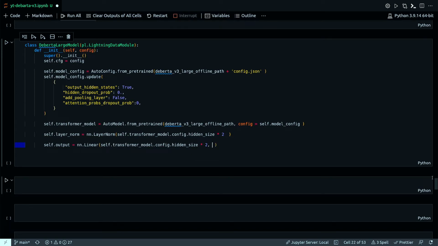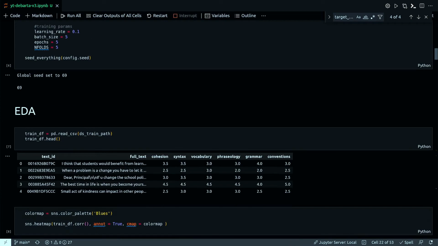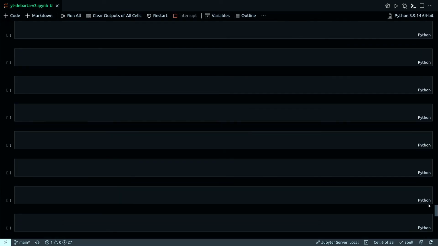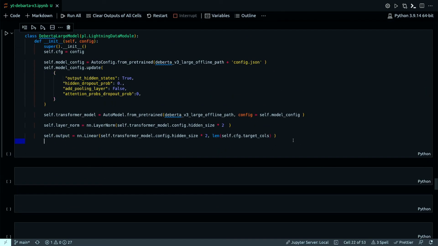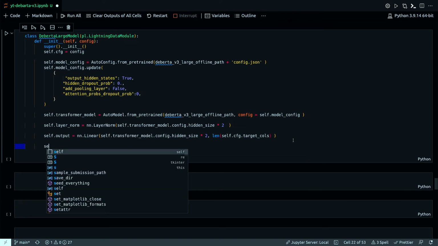And the next is my length of the target column, target cols. And this I'm getting from my original config, which has been defined right here. Target cols are all the feature names in the data frame. Okay, that's output. Next, I need to define hidden layer weights.